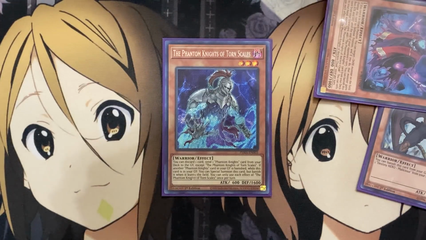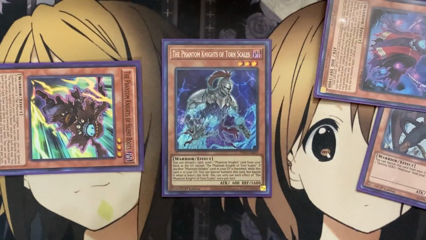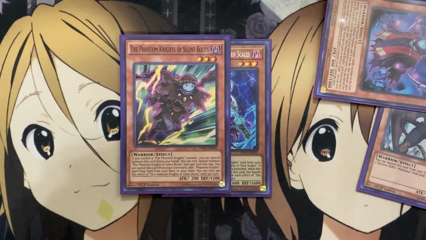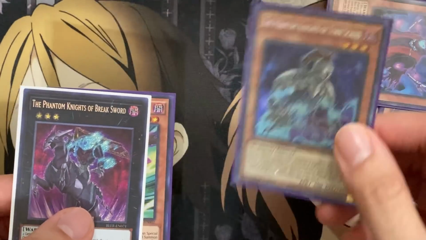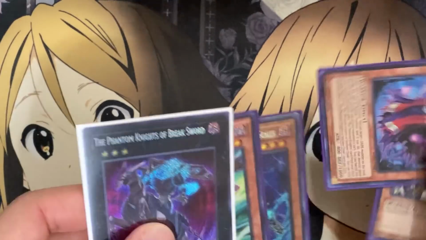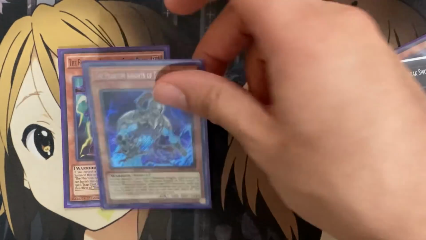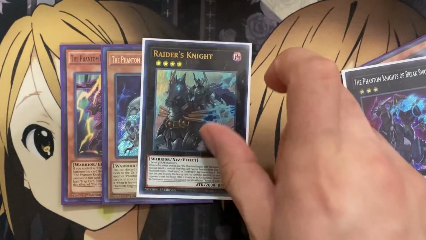can add another Phantom Knight to your hand, which you can then summon out your Silent Boots onto the field since you have a Phantom Knight on the field for that special summon, overlaying the two together for the play of your Phantom Knight's Breaksword. If your opponent has a monster, you can detach one from this card, targeting your Breaksword and that monster, destroying them both, and then using Breaksword to special summon back onto the field the two monsters you destroyed, raising both of their levels up to level 4, being able to then overlay the two of them into your Raider's Knight,